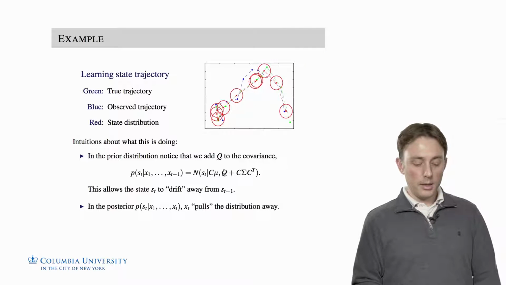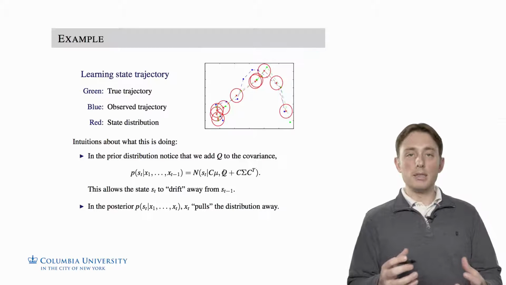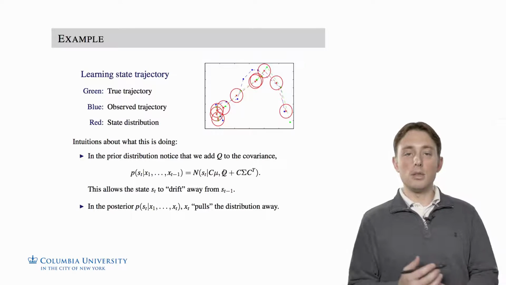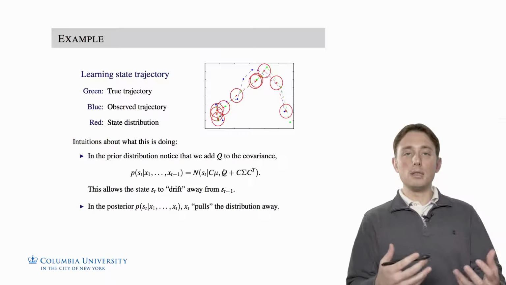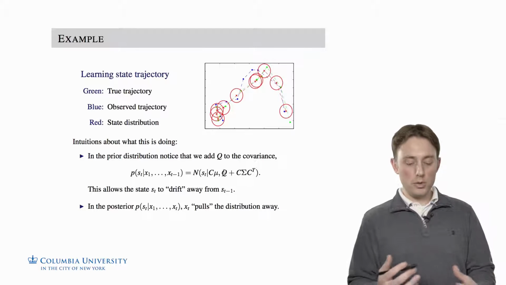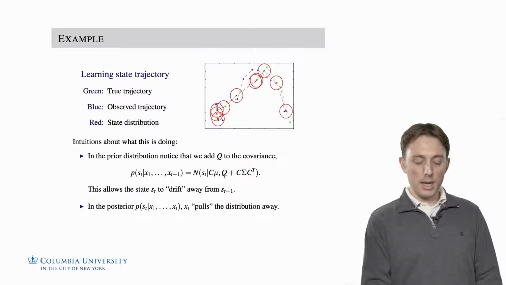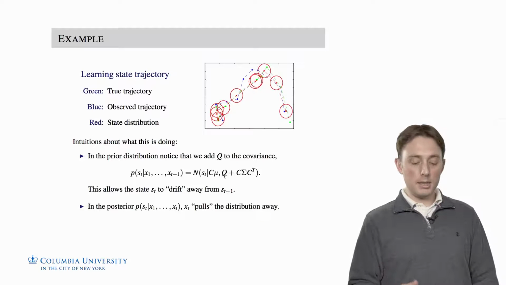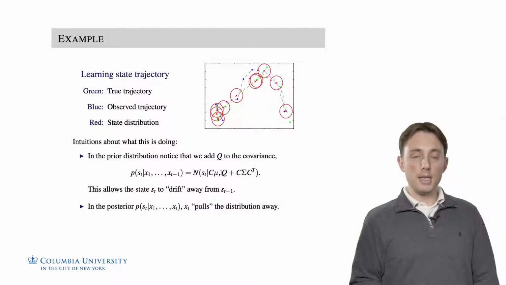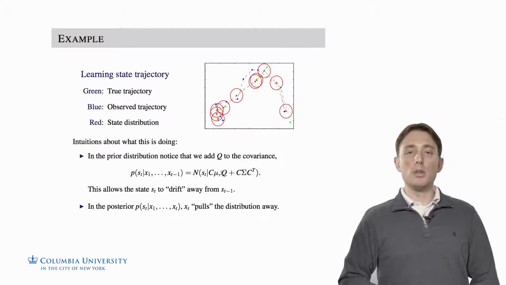What this is doing is adding some drift to the latent states, adding some variance to the latent state. So at every time point, we're adding some variance and allowing the state to drift away from what it was at time t minus 1. This is what's making it a dynamic model, not something that's converging to a point estimate as t increases. We're always allowing the model to drift away from the